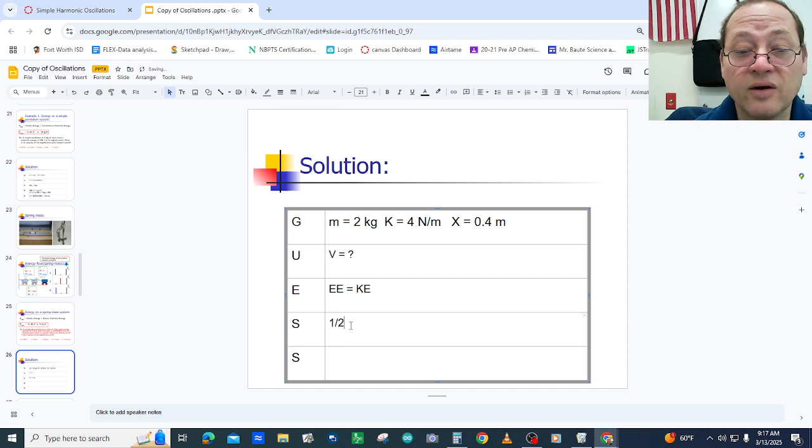So we have 1/2 k x squared equals 1/2 m v squared. The 1/2 cancels out. You get v squared